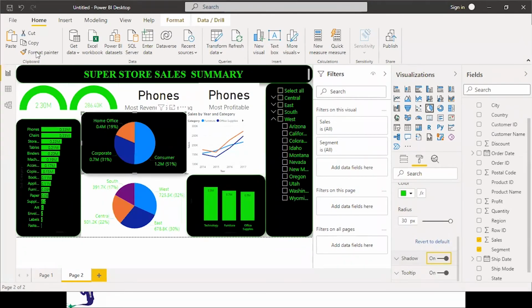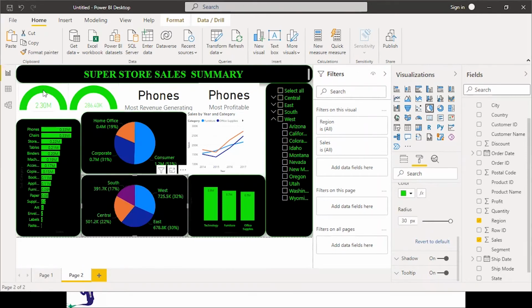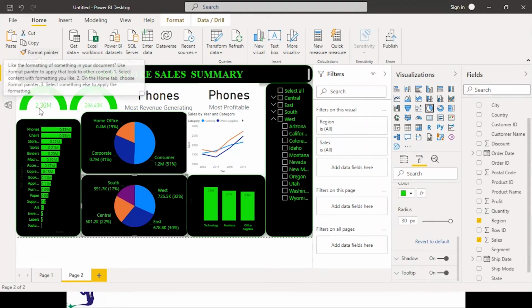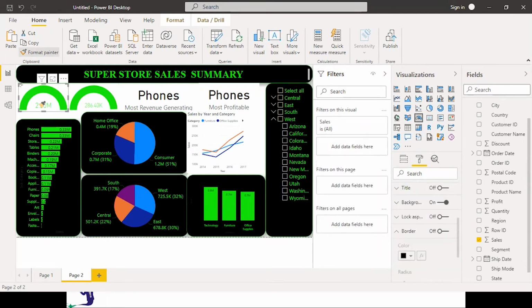We can take the format from here, put it over here. Let's take from this visual, put it over here. Light formatting.